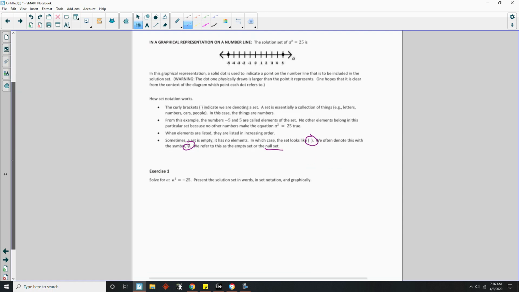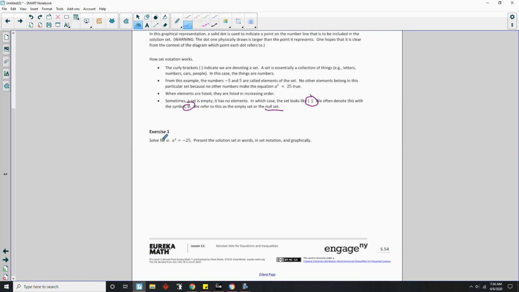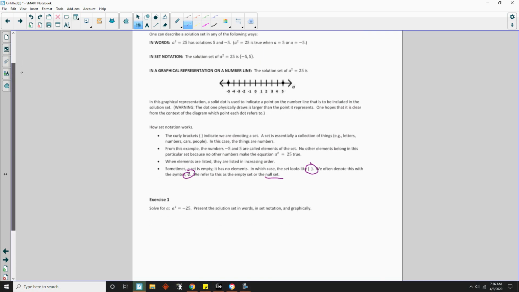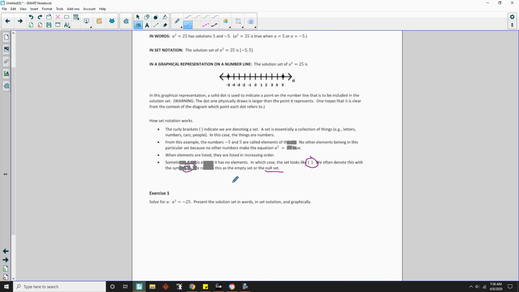Okay, so exercise 1, it says to solve for a squared equals negative 25. Present the solution set in words, in set notation, and graphically. Okay, so try this, pause the video, and then come back and we'll check it. Okay, so assuming you've done this, in words, I would say